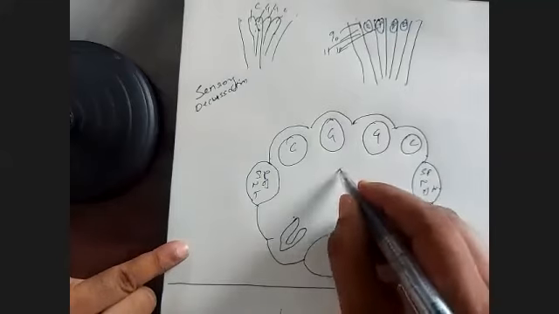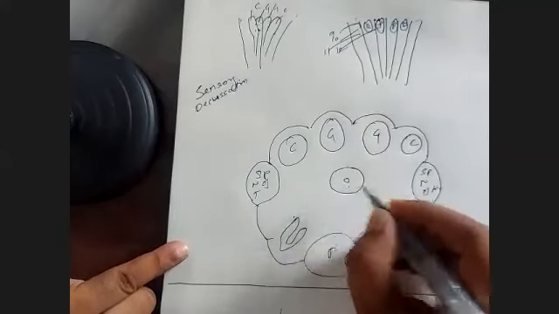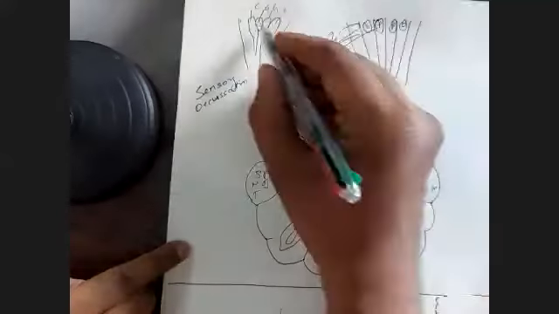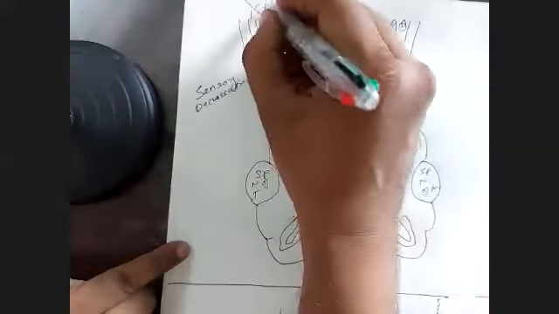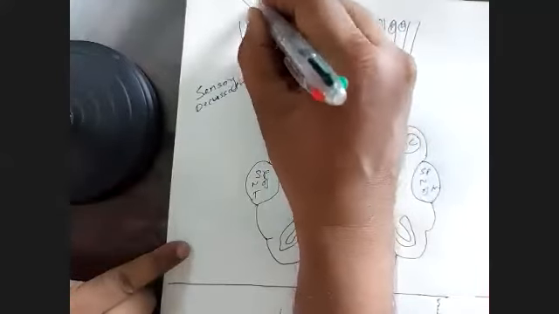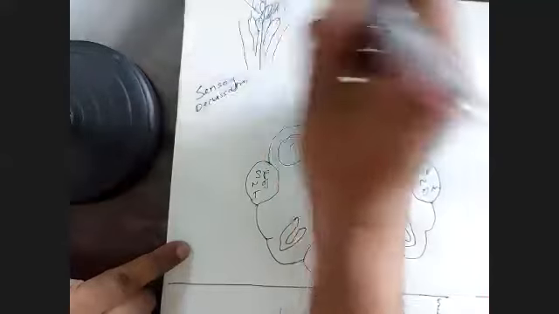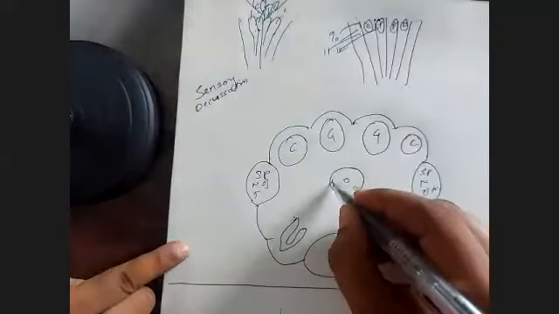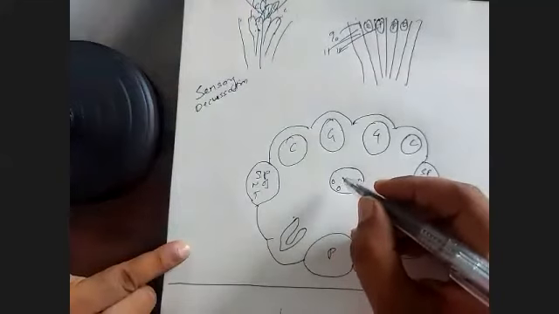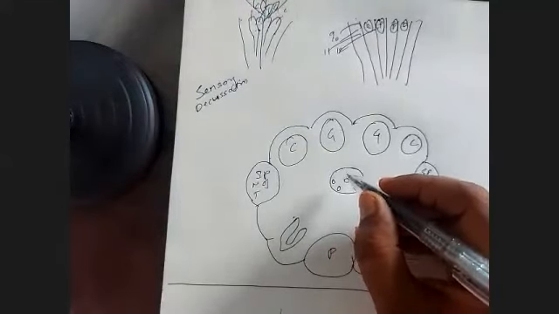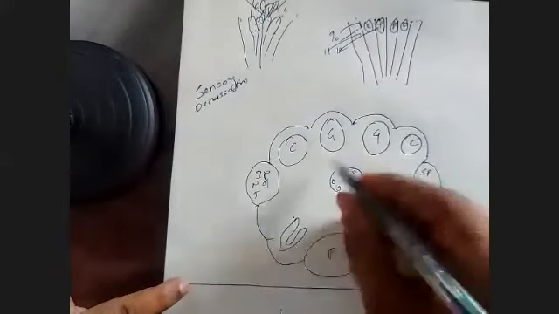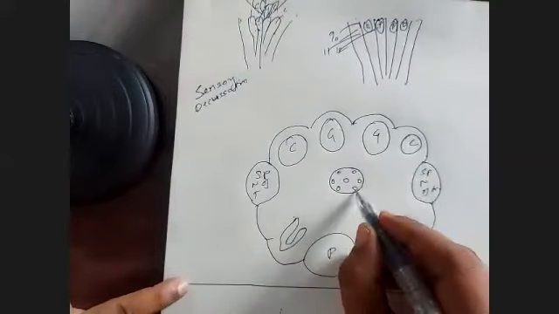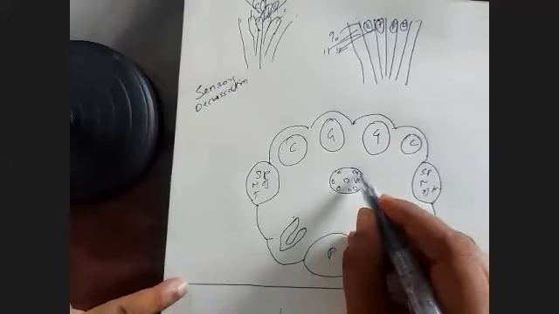Okay, and in the center, I draw the gray matter, and in the gray matter, again on the posterior aspect, all of us know that there is the vagal triangle, and then hypoglossal triangle, a hypoglossal triangle medially, vagal triangle laterally. So the hypoglossal nucleus, vagal nucleus, and the nucleus of solitary tract, three nuclei, will be inside the gray matter. One will be the hypoglossal nucleus, vagal nucleus, and nucleus of the tractus solitarius.